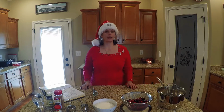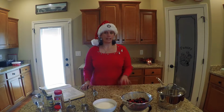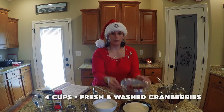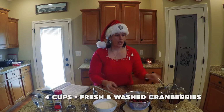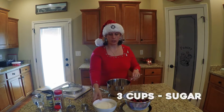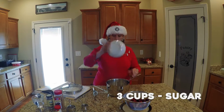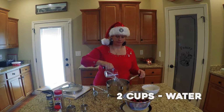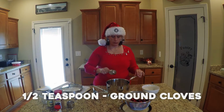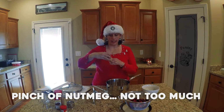Now, if you like it out of the can, there's nothing wrong with that, but making cranberry sauce is probably a lot easier than you think. You start off with fresh cranberries, and you rinse those, and then in your pot, you're going to put your sugar, some water, and then you are going to put some ground cinnamon and some ground clove,